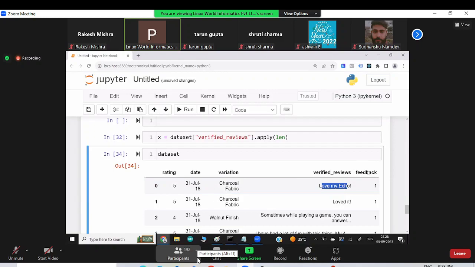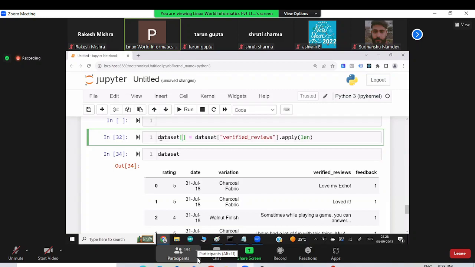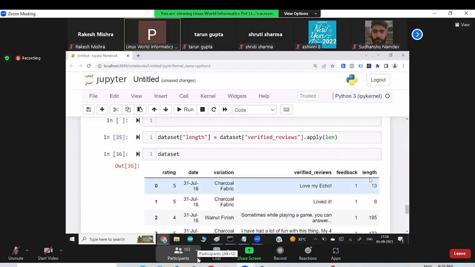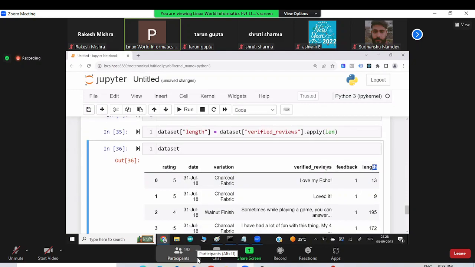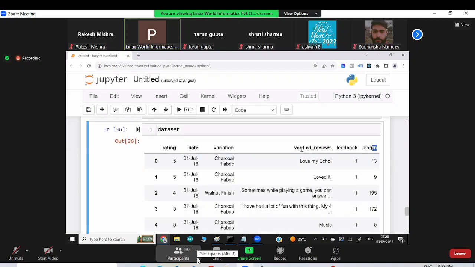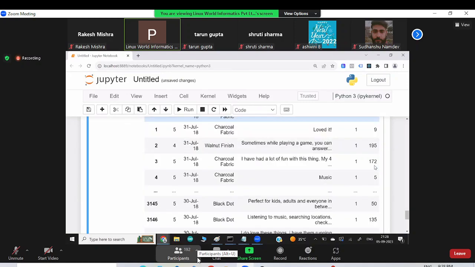So this I want to keep in one more column. How to create a new column is very simple. I say in this data set, I'm going to create one more field, whatever field name you want to give. Let's say my field name is length. So automatically the output is stored in this data set, and since the field is not there, it will create a new field called length. And you can see here, it created a new field. So from this data, I found the length and we have the length of every one.